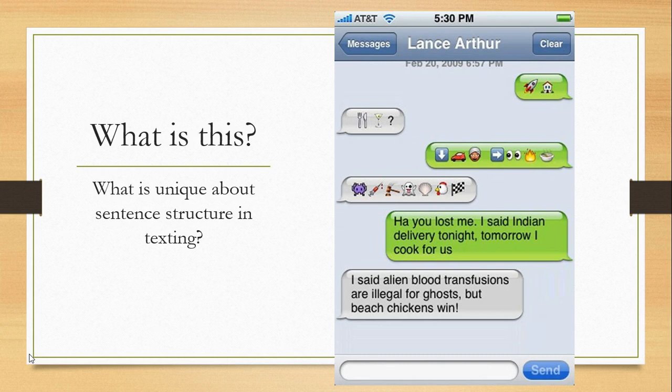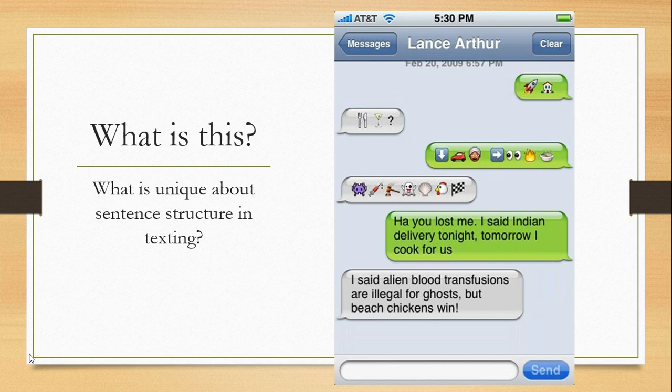So every type of communication we use has different requirements for the sentence structure. And I want you to think of it in terms like that. Yes, there's a component of sentence structure that comes down to correctness, and that's where we start getting into talking about grammar and mechanics and punctuation. We'll be doing a little bit of that in this workshop, but I really want you to think about how the sentence structures you use can help your audiences understand what you are trying to communicate.